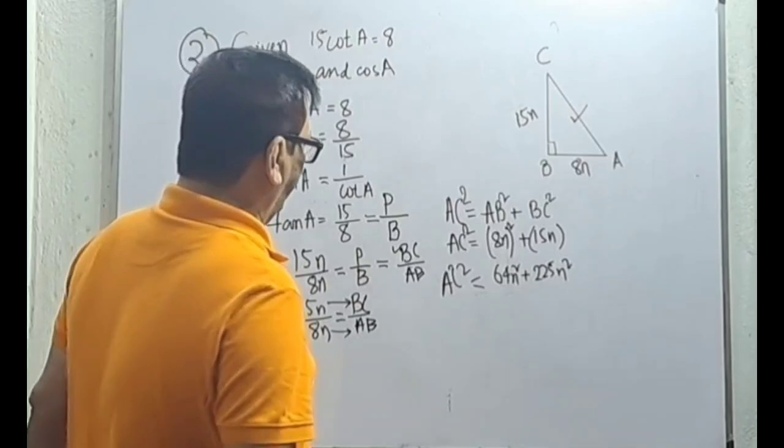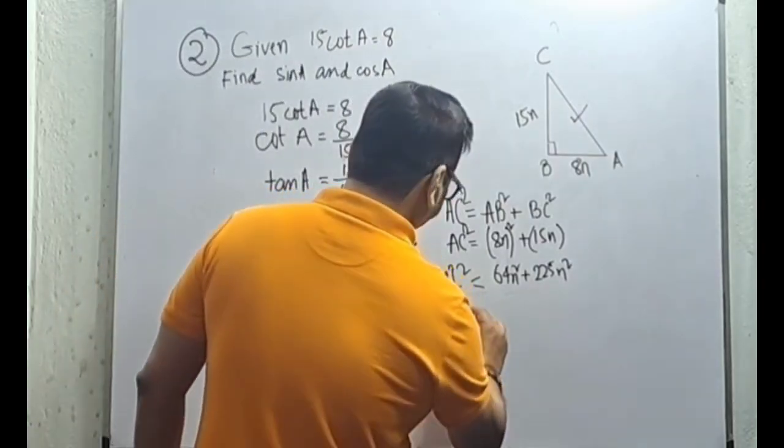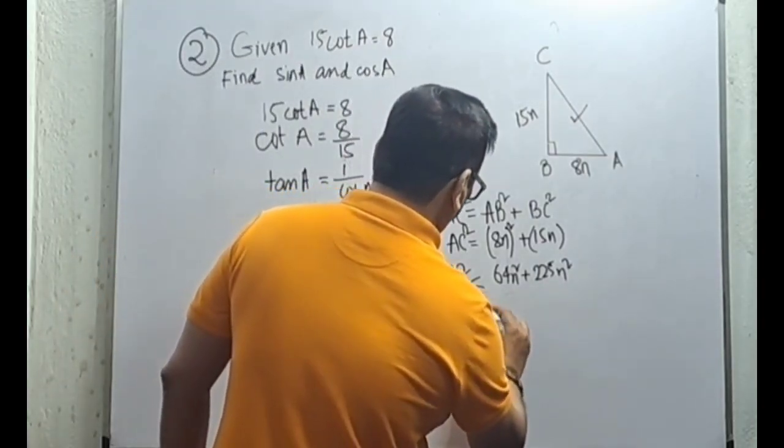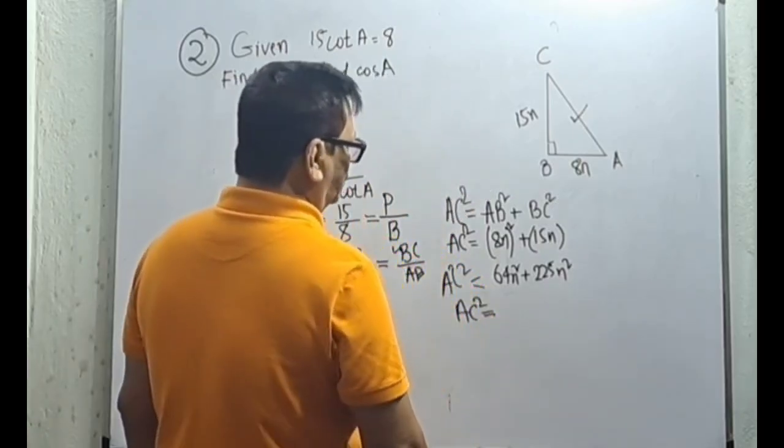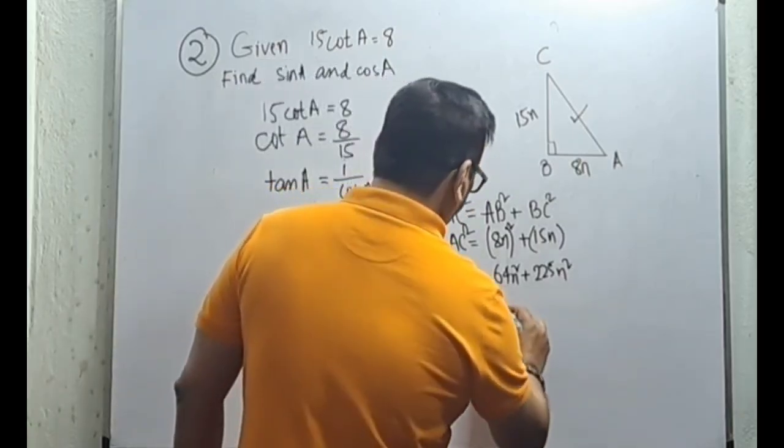So that gives you AC square is equal to 289n square,